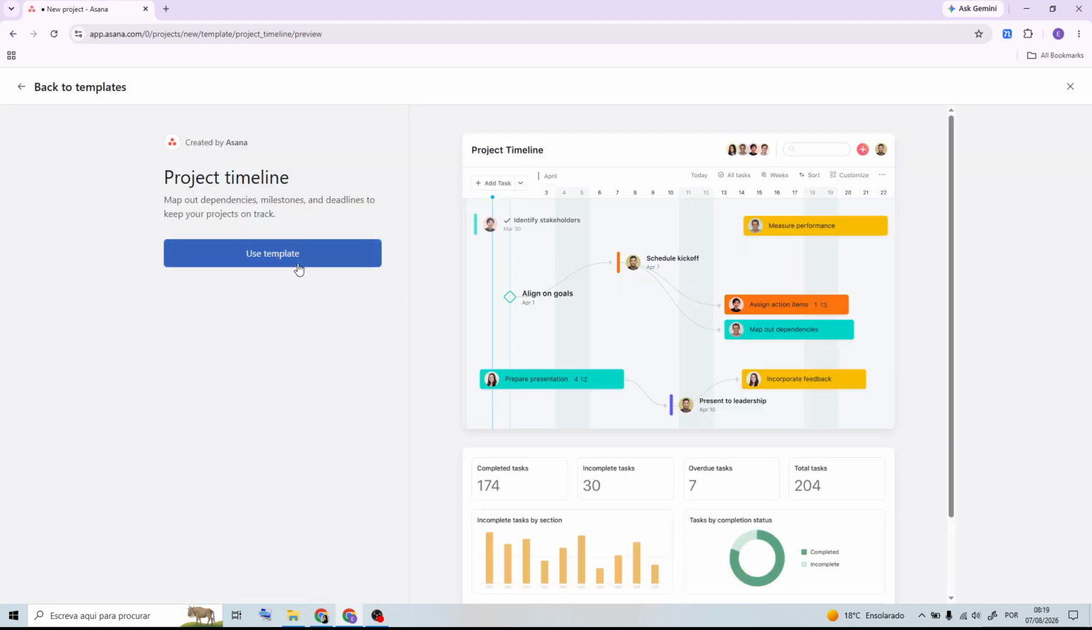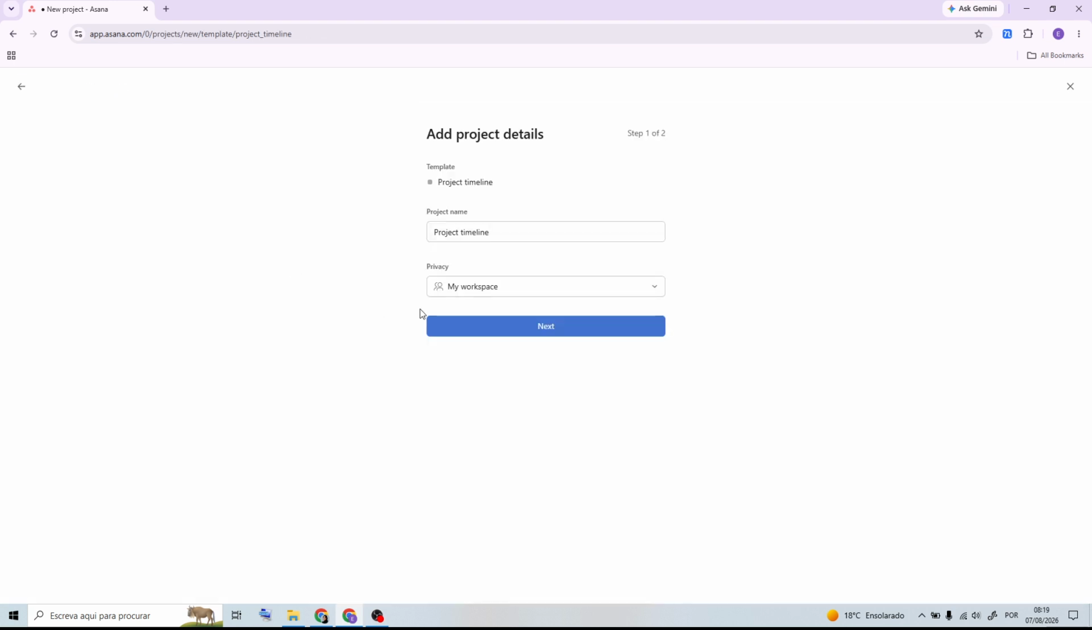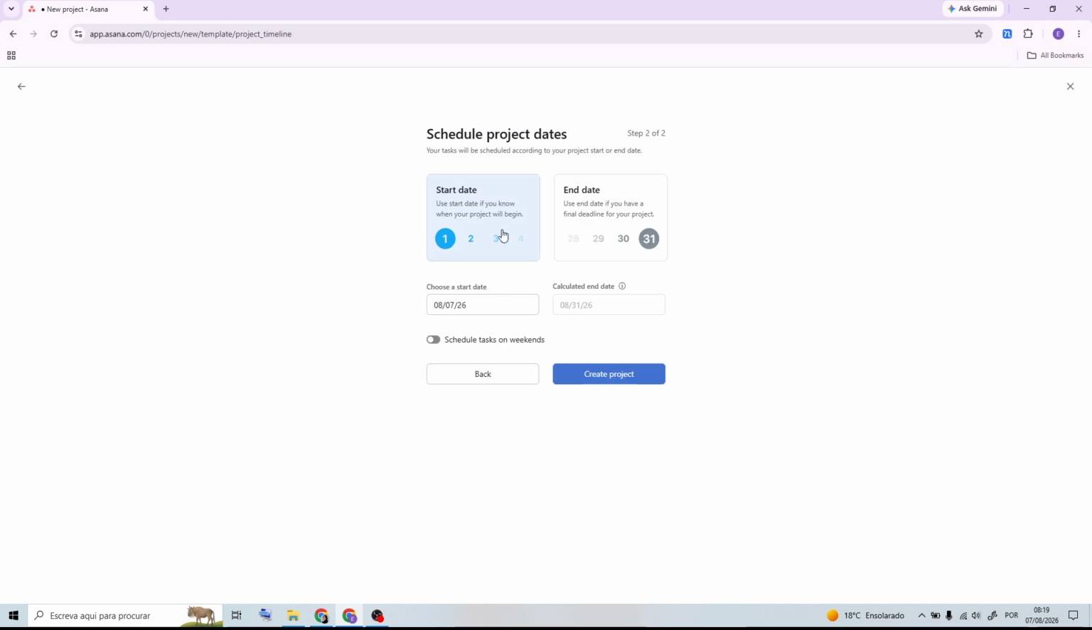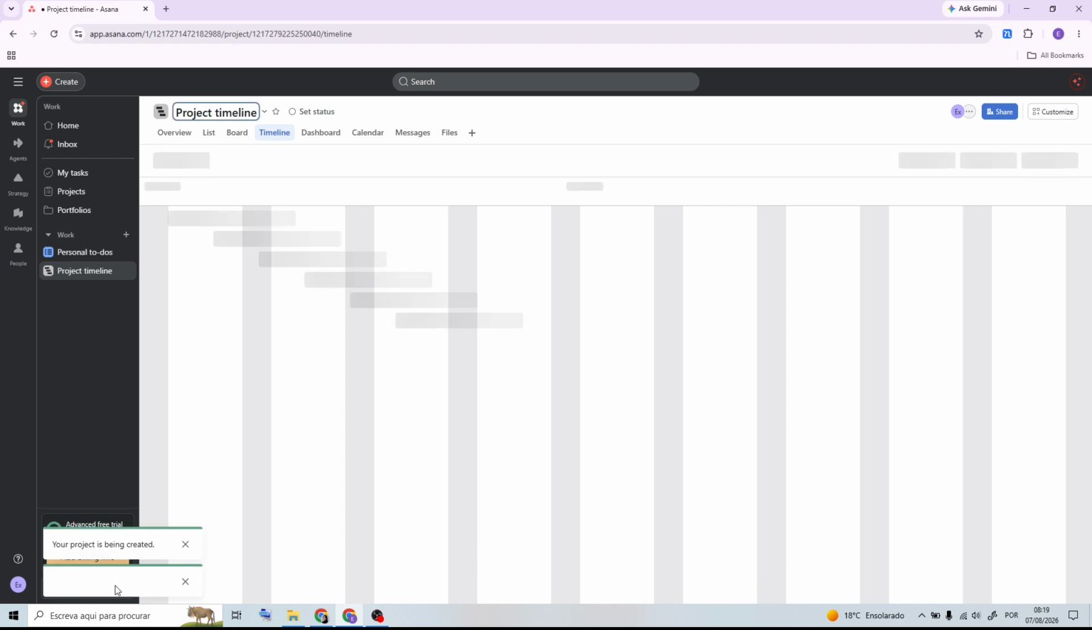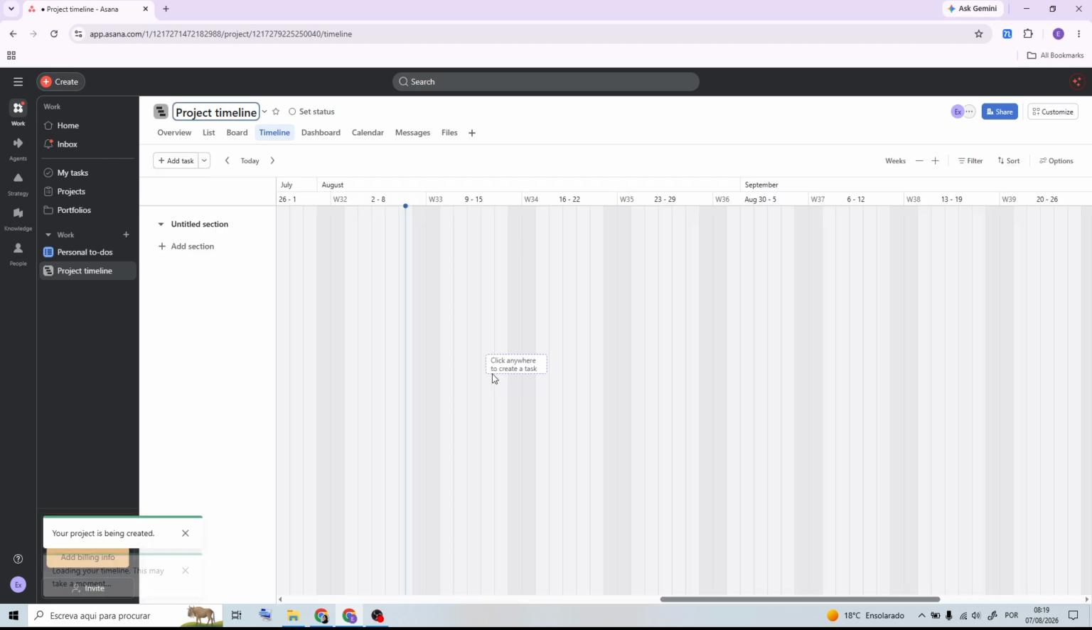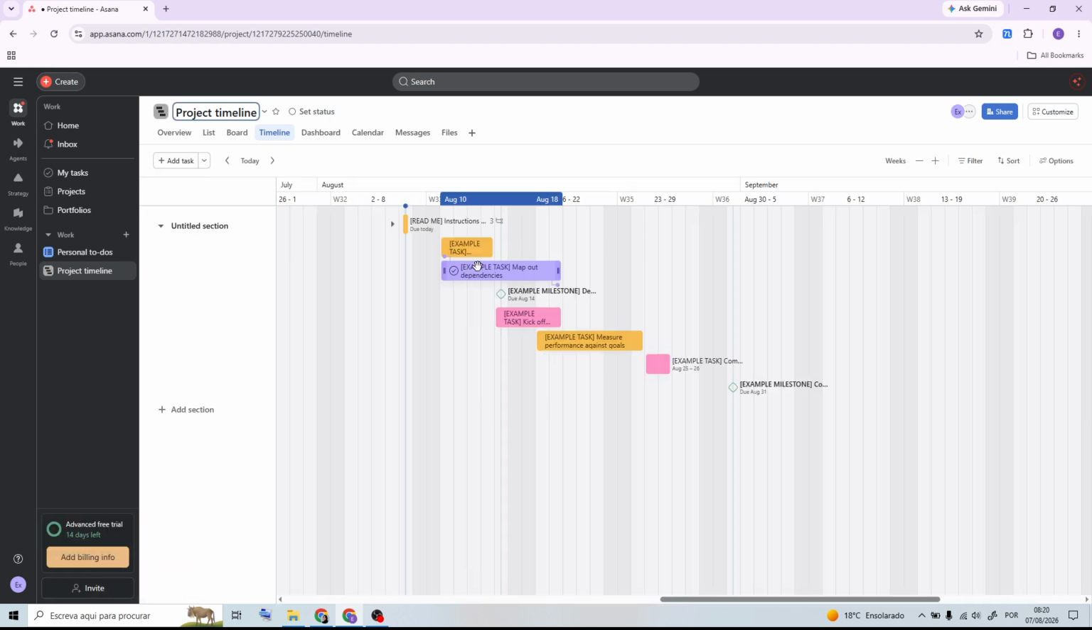After that, choose the project layout that best fits your workflow, such as list, board, timeline, or calendar. Once the project is created, begin adding sections, tasks, due dates, assignees, and any custom fields your team needs to organize the work efficiently. Now, click the Customize button to configure additional features such as project color, rules, forms, integrations,